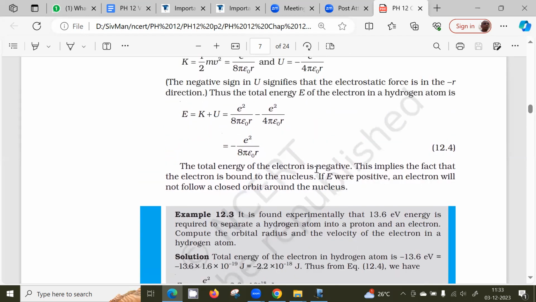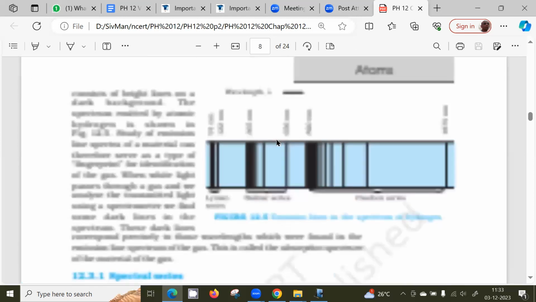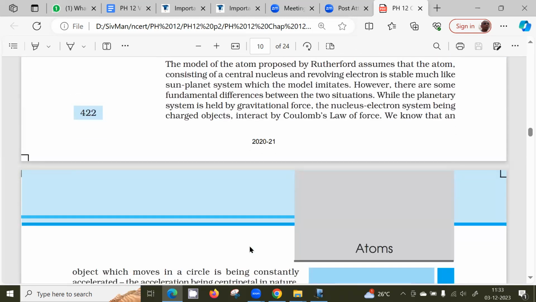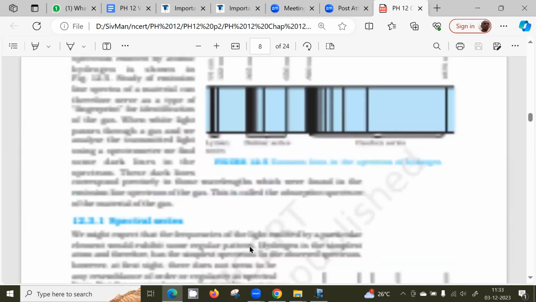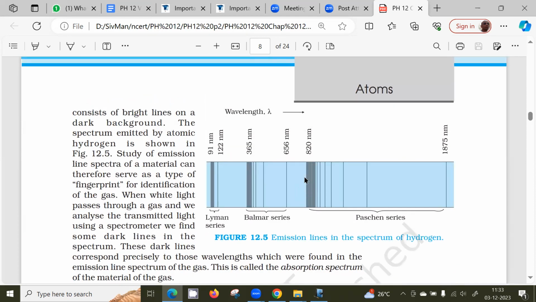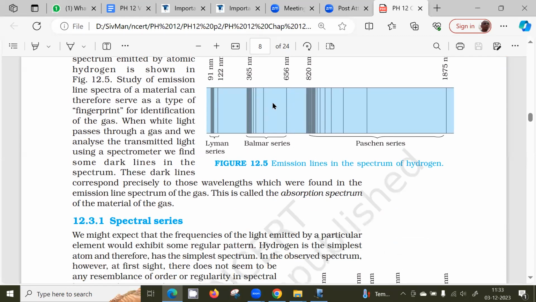Another understanding of this negative energy is that it means bound, because there is attraction between the proton and the electron, the nucleus and the electron. So it's a bound system, and for a bound system the energy will be negative. The Rutherford model could not explain these lines at only particular frequencies. In the Bohr atom, these lines are at particular frequencies because only particular values of r are allowed. In-between values of r are not allowed. Only those frequencies corresponding to the differences between allowed orbits will appear as lines. In between, there are no lines.